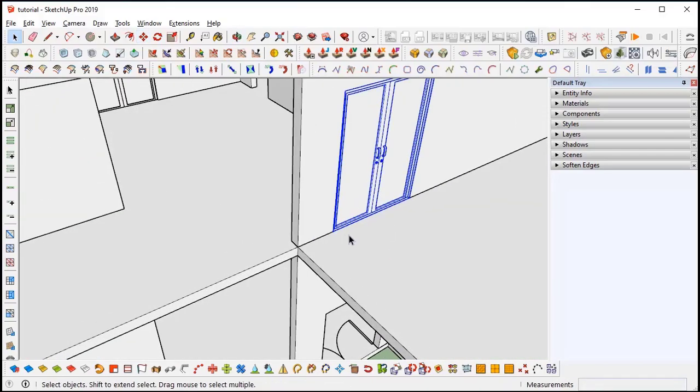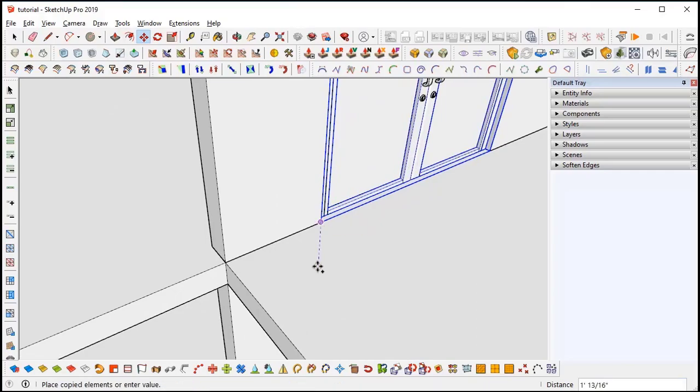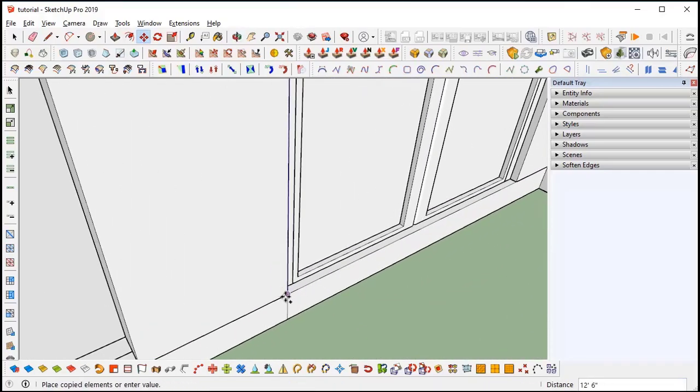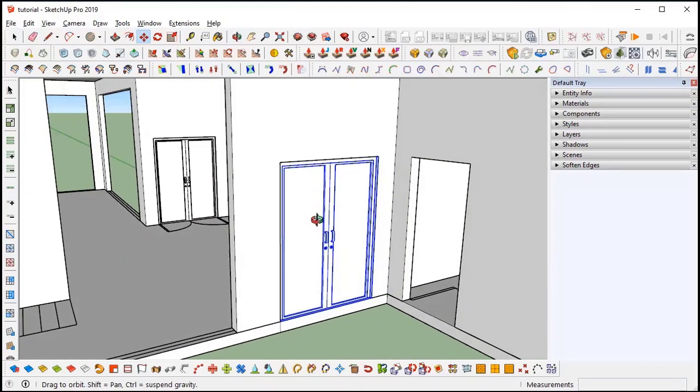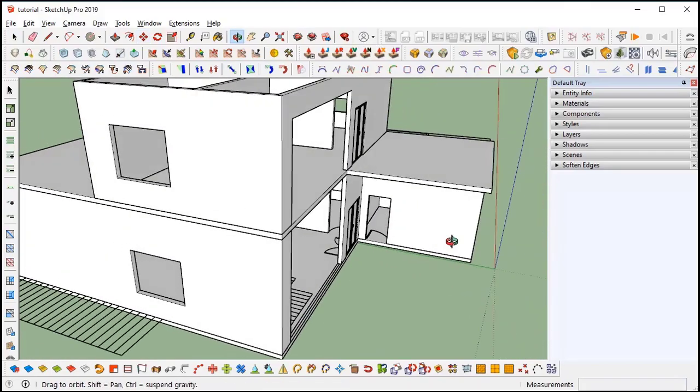And the same door in this direction also. Now it's looking good.